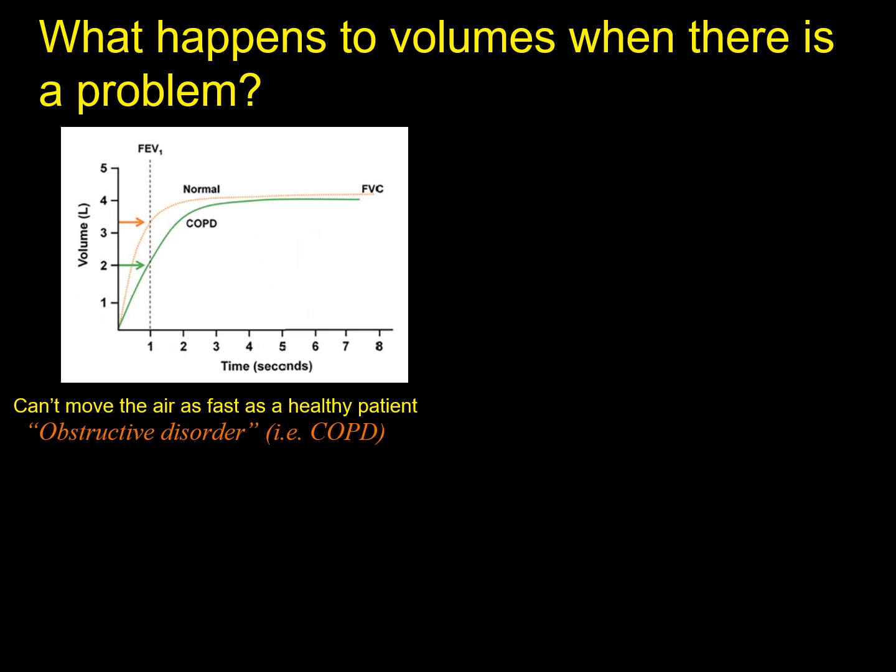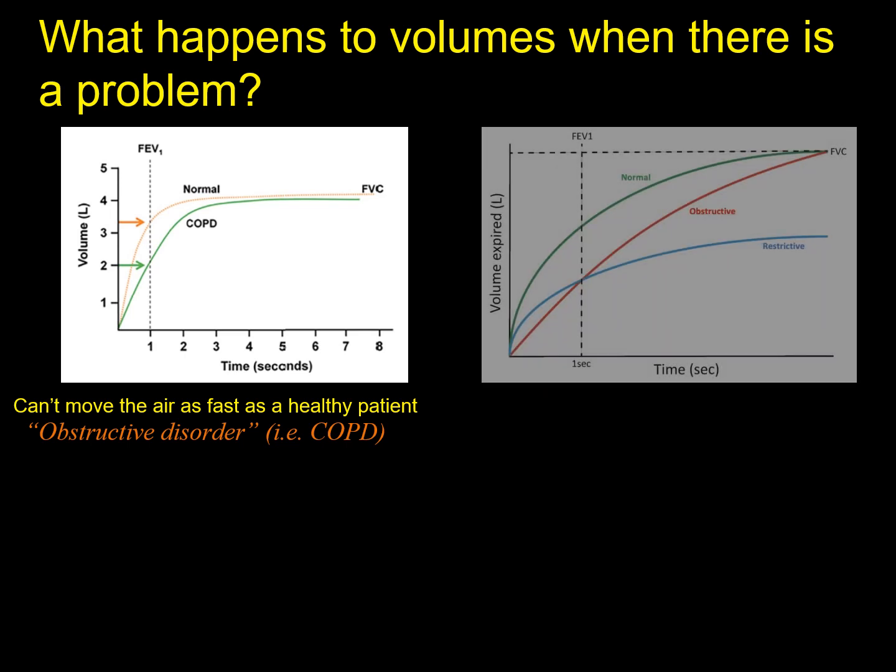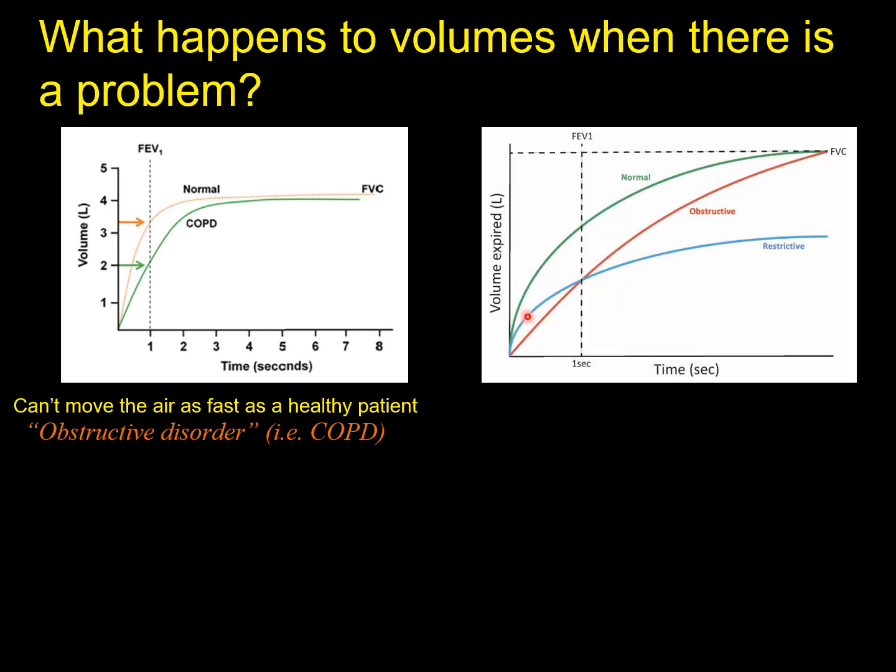Then you can change overall volume. So let's look at this figure right here. Here's our normal patient again in green. Here is our obstructive disorder, and you can see that FEV1, forced expiratory volume 1, is greatly diminished. They eventually get to full volume, but they can't move air as quickly as they would like, and that leads